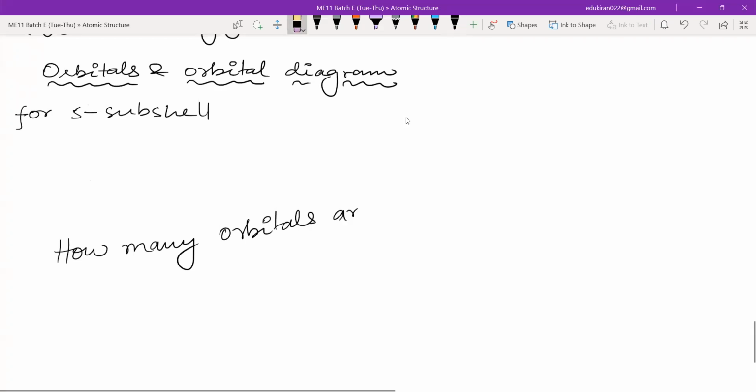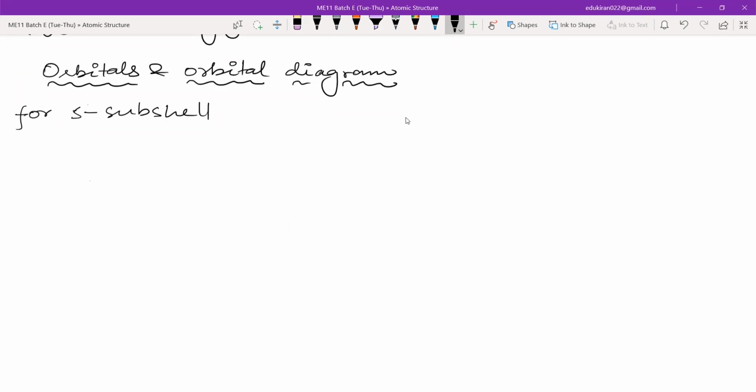Yes. So please understand the difference between them. Okay. For S subshell, number of orbitals is equal to 1. So we show that orbital as a square, like this. This is the S orbital. Now, what do we name this? We name this 0 like this. Then for P